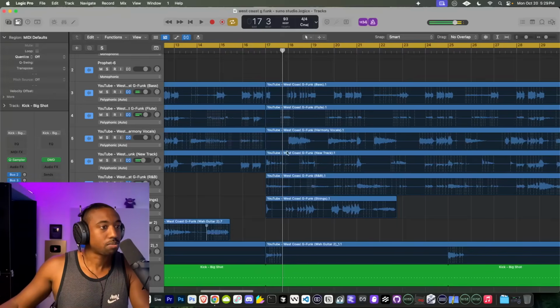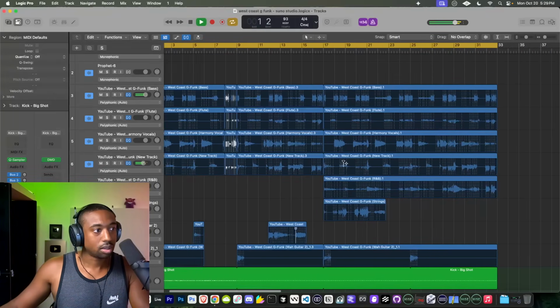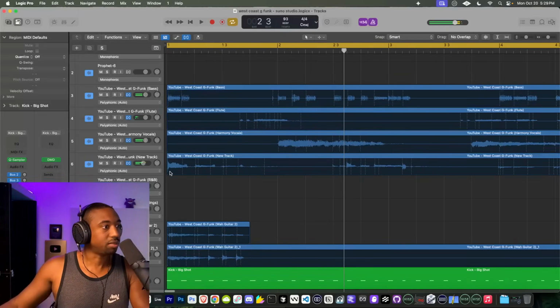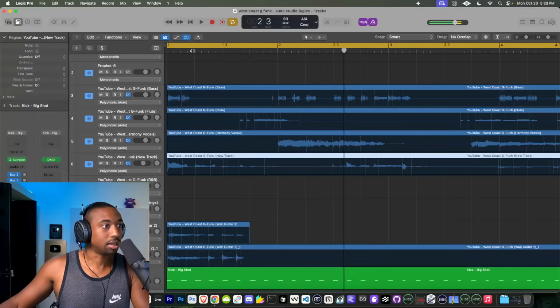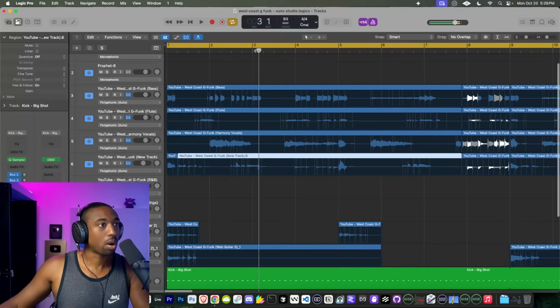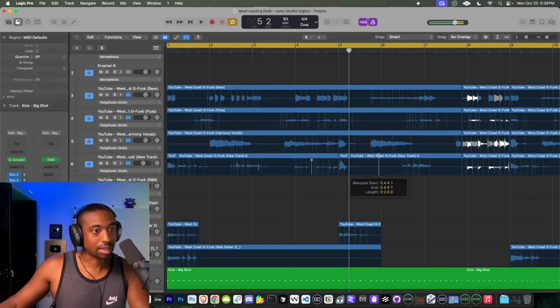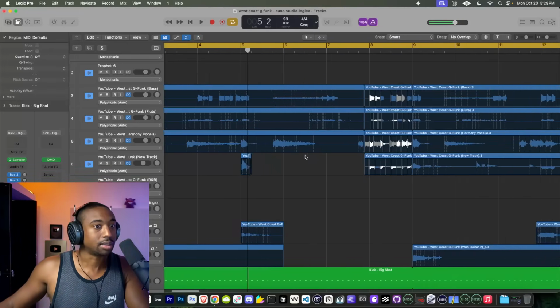So anything that's going, we want to get rid of it for this specific. Okay, so I must have missed an area where we want to take out the guitar. So what I'm going to do here, I'm just showing you guys, I'm going to basically just cut the beginning of this track of the guitar. I only want the wah, that wow, wow, wow sound. I don't want anything else out of this track. Anything rhythmic, we're going to remove, because that's clashing against our main rhythms here. So that's why that sounded weird.